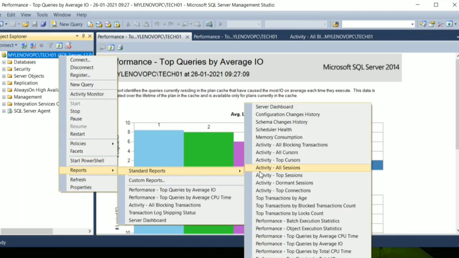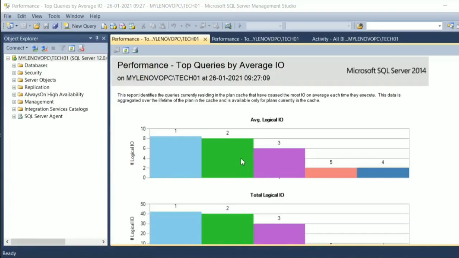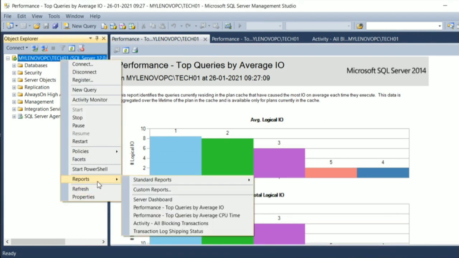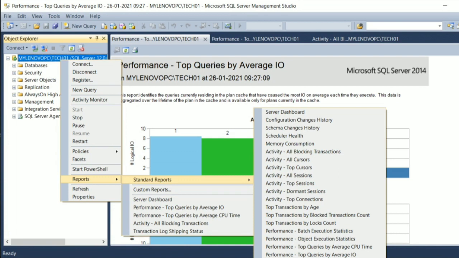So basically this report helps to do the performance analysis. Transaction log counts you can get here. The blocked sessions, as I discussed, the block count also you will get here. Total CPU, total IO, and queries by total IO you can also get. The log shipping status also you can get if you have configured log shipping on a particular instance. So if you want to pull the report for log shipping, you can extract the log shipping report also.